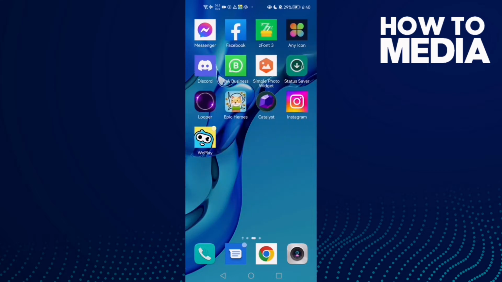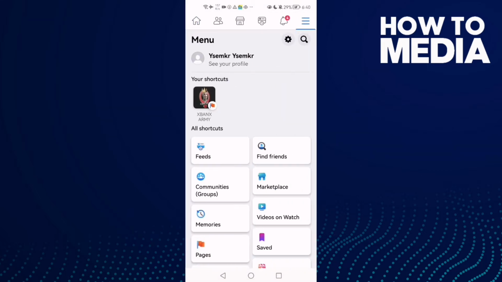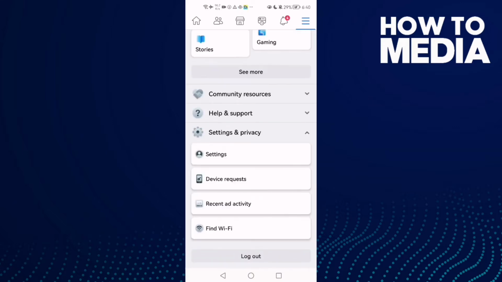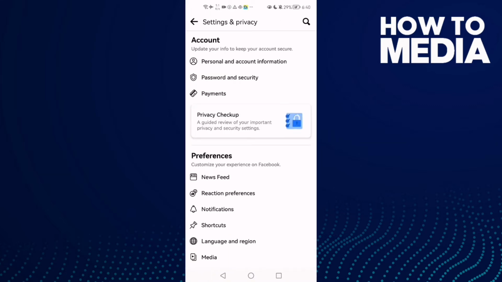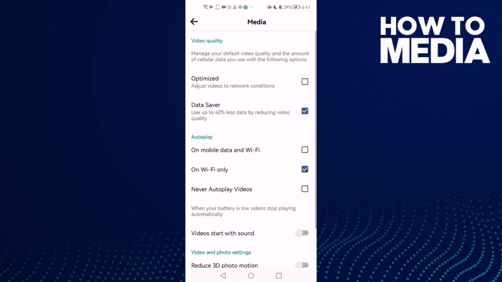First thing, open Facebook and go to the storylines here, and now scroll down, and here you will find settings and privacy, and then click settings. Now scroll down until you find here media, click on it, and as you see here you will